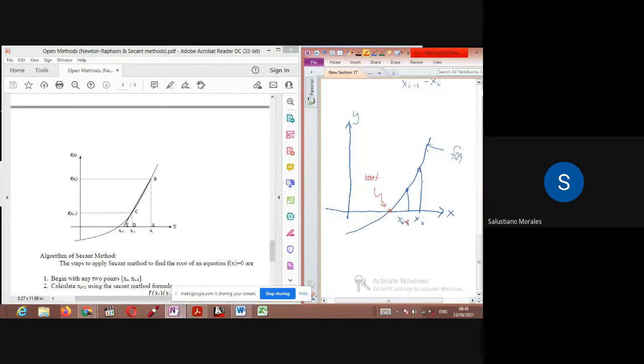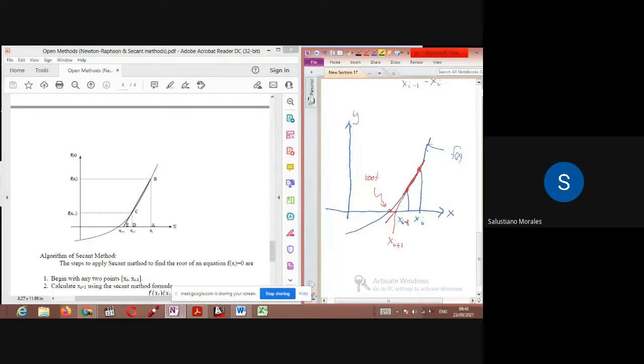Then ang gawin natin, yung dalawang points natin dito, we connect by straight line. And that is the approximate slope. And we're going to extend this until it will intersect the x-axis. And this is our new estimate of the root, xi plus 1. Then after that,